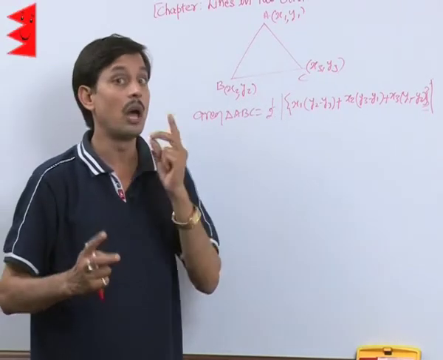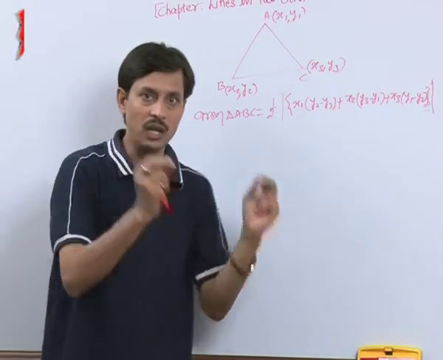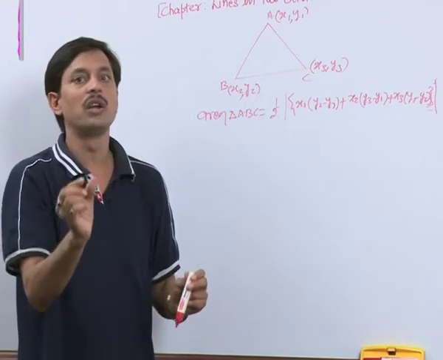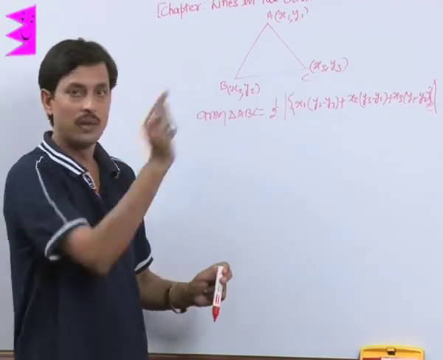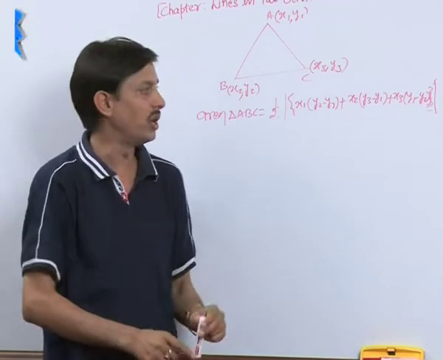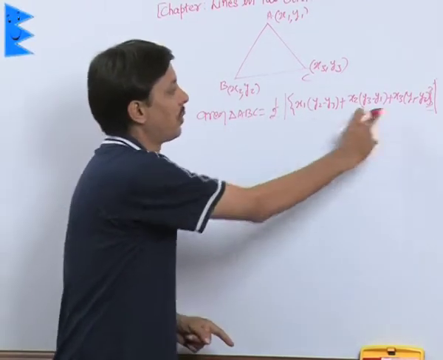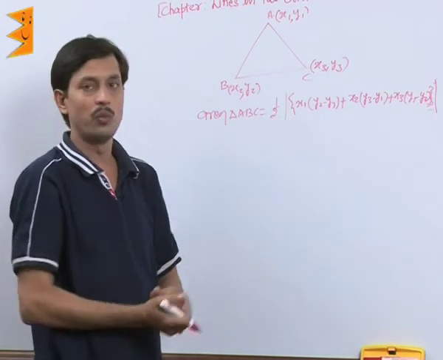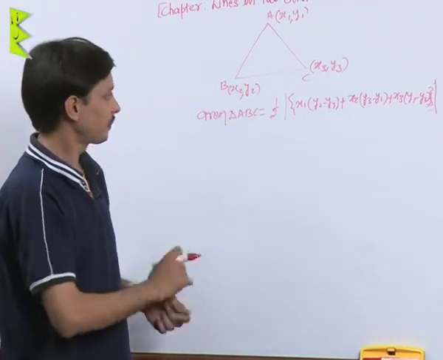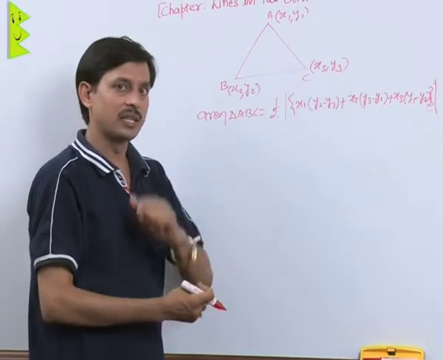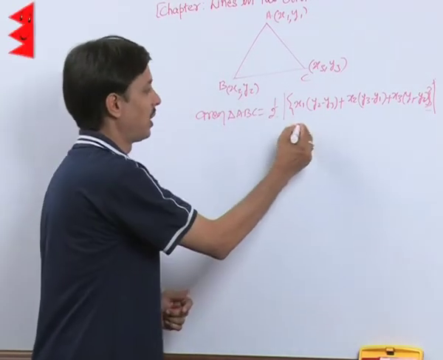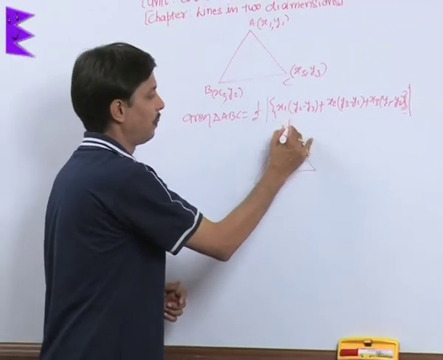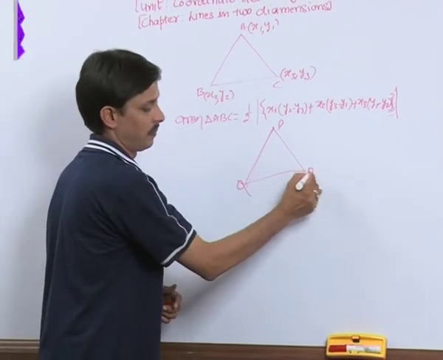So there are two approaches to prove that points are collinear. First, if the sum of the two smaller distances is the same as the third, the largest distance, then they are collinear. Otherwise, if the area of the triangle obtained by using the three vertices comes 0, then also we say the points are collinear. If I take an example to find the area of a triangle, suppose we have a triangle PQR and